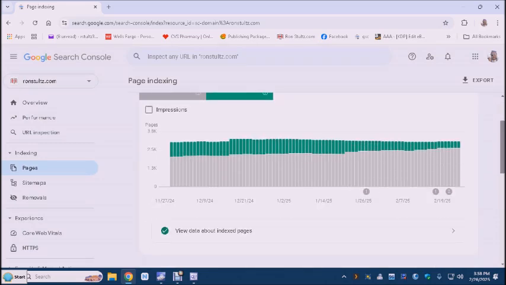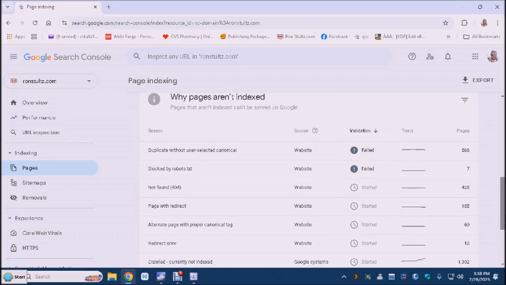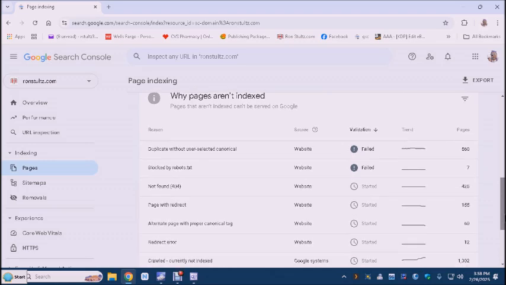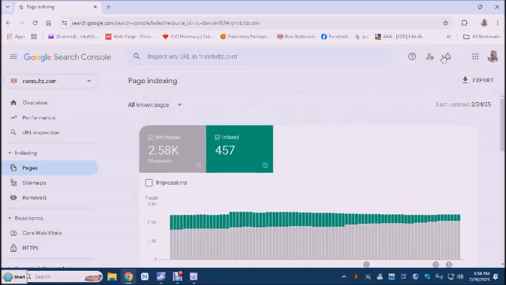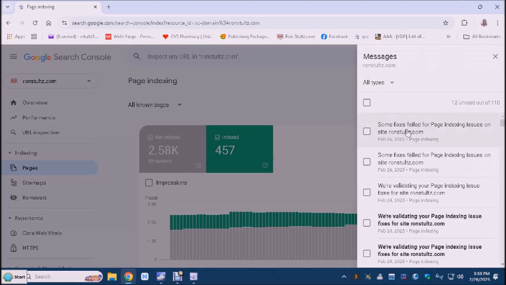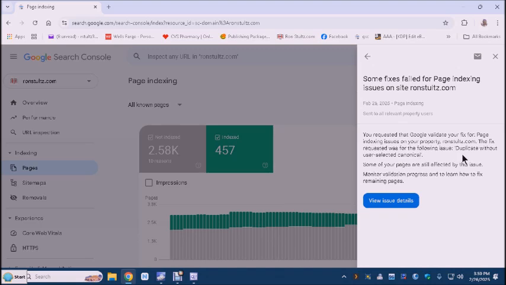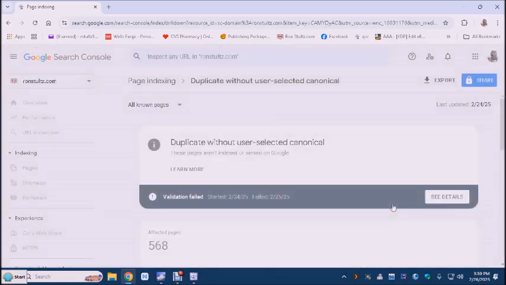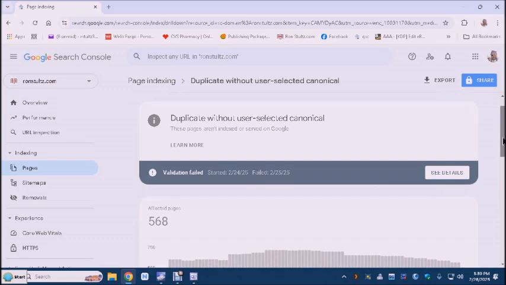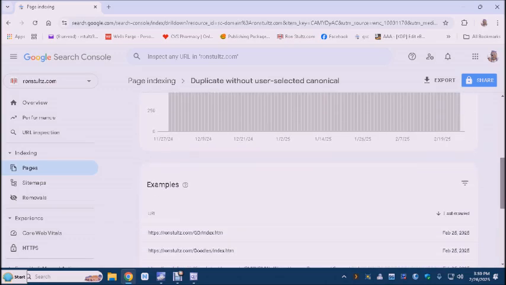It's kind of surprising to me, and I'm going to show you something that I found. If I come up and look at notifications, it'll say failed issues. If I look at this message, it'll say duplicate without user-selected canonical. I'm going to view issue details. Now, here it says duplicate without user. It says 568